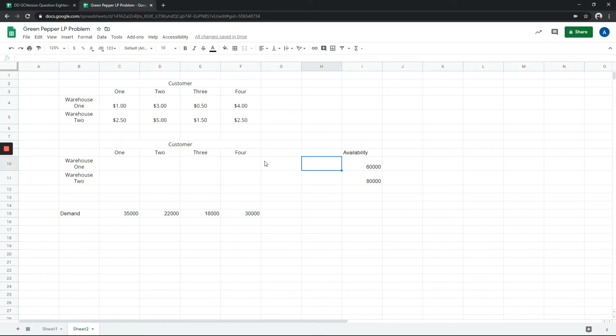So in this case, we said that this is how much availability warehouse 1 has. So if we're sending items out of warehouse 1, we cannot send more than 60,000. So that means whatever it is we are sending has to be less than or equal to that, right? Also for warehouse 2, it has to be less than or equal to that,